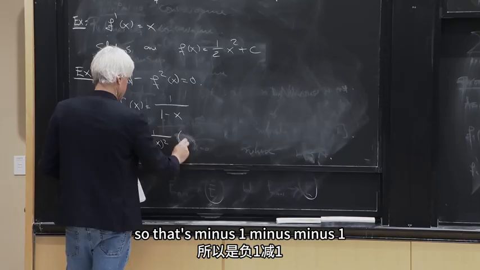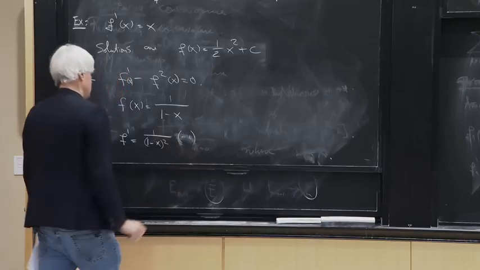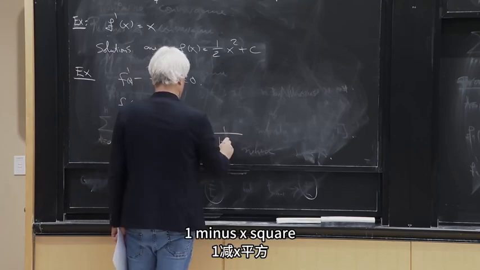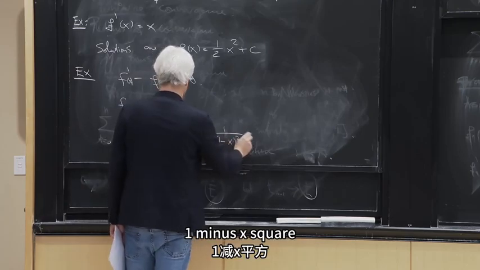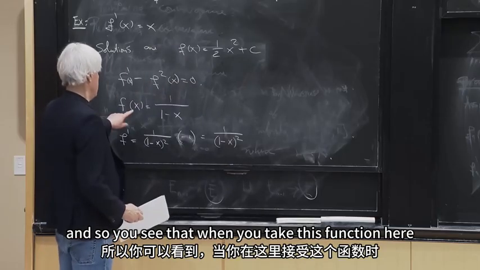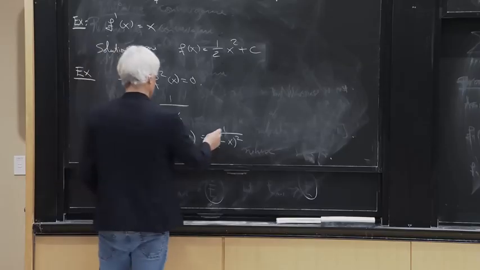So that's minus 1 times minus 1. So this here is minus 1 minus x squared. And so you see that when you take this function here with a minus sign,